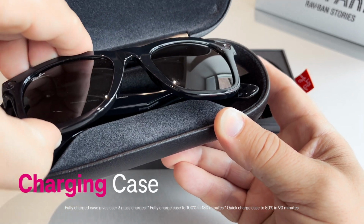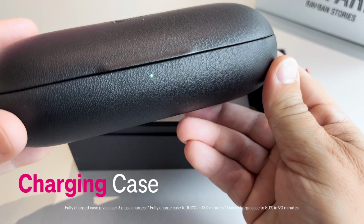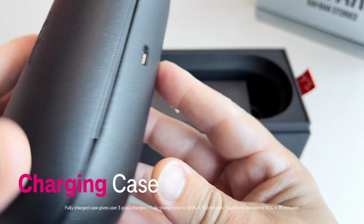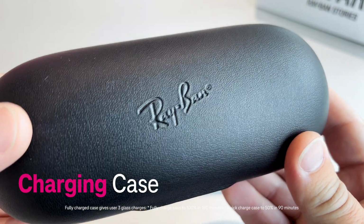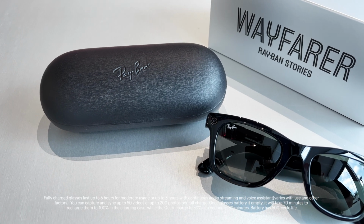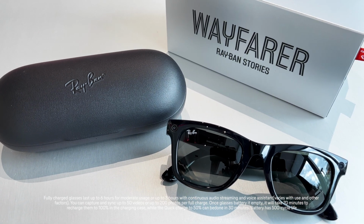Charging your glasses is super easy. Just pop them into the hard-shelled charging case. The charging case is powered by a USB-C connection, and when fully charged, can give you up to 3 full charges for your smart glasses. The battery typically lasts about 6 hours, or if you're continually using your smart glasses, it'll last more like about